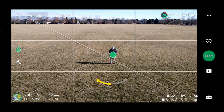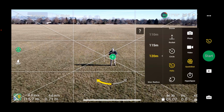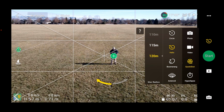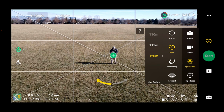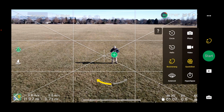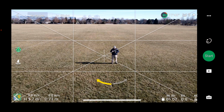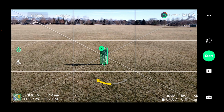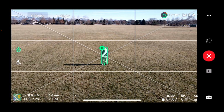So again, we're gonna click on that Helix and we're gonna go to the next one, which is Boomerang. I like Boomerang too. It's kind of an ellipsoid. So we're gonna click on that, and I'm gonna click on the plus sign on me, set myself as the point of interest, click start, and you'll see the drone...